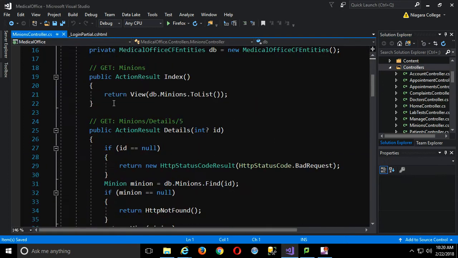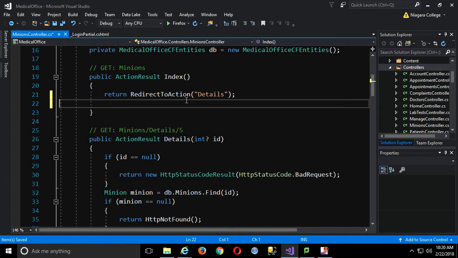Now we're going to want to change a few things. One thing I said, we'll never really need the index. But you should never really remove index because it's in the default routing to look for an index. So what I usually do in a situation like that is I'll redirect to the main page. Okay, same technique you saw me use the other day as well. So I'll just redirect to the details. Okay, so if they try to go to the index, I'm just going to end up looking at the one and only